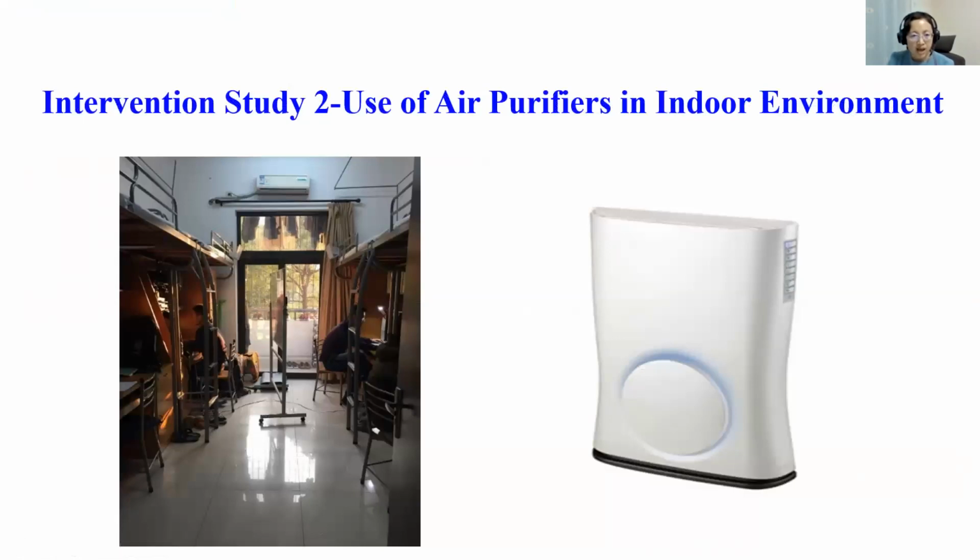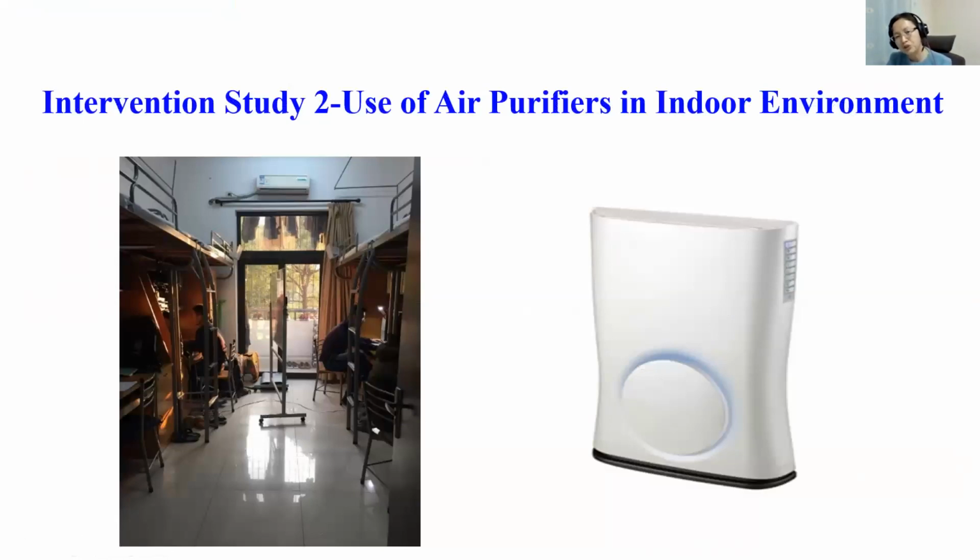So we asked the 4 people together to be volunteers, and we put an air purifier in their dormitory room. For the air purifier study, we made it a double-blinded study, because we can make it a real air purifier or a sham air purifier